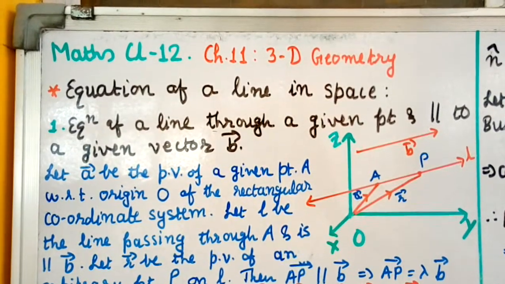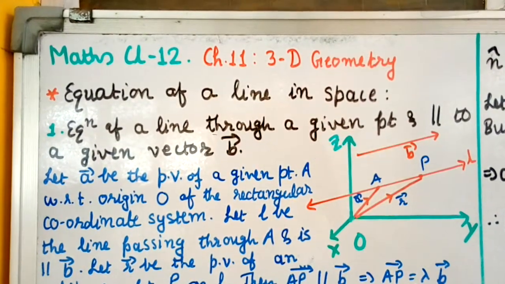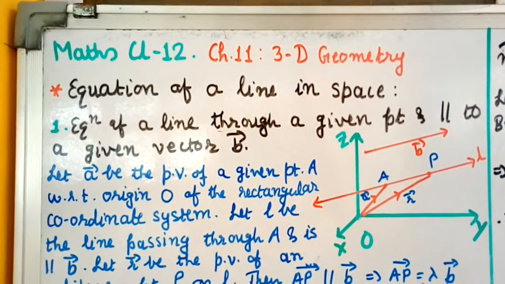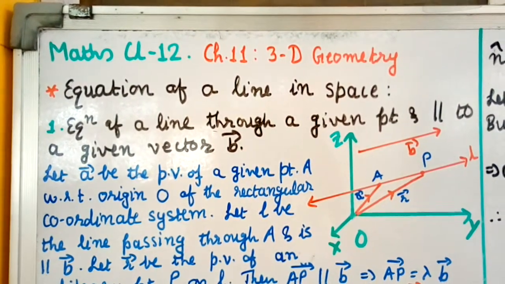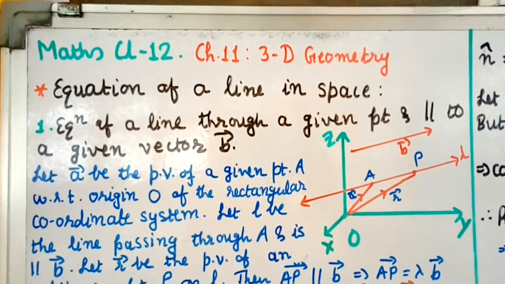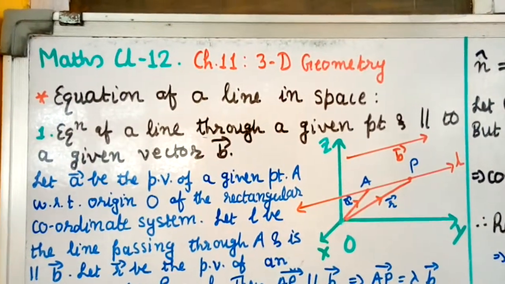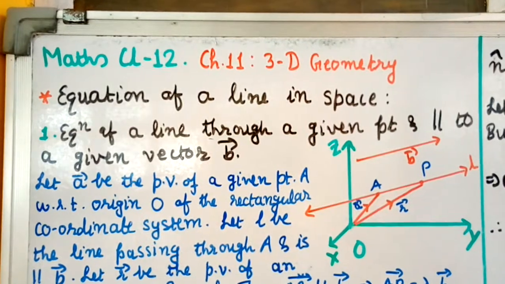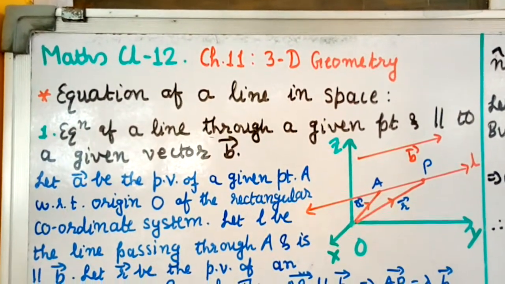Mathematics class 12 chapter 11 three-dimensional geometry. In the last class we have studied exercise 11.1. Today we shall study equation of a line in space and shortest distance between two lines. Now, equation of a line in space we shall derive in two ways, when a point is given and